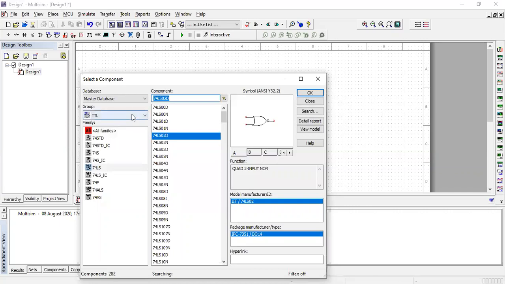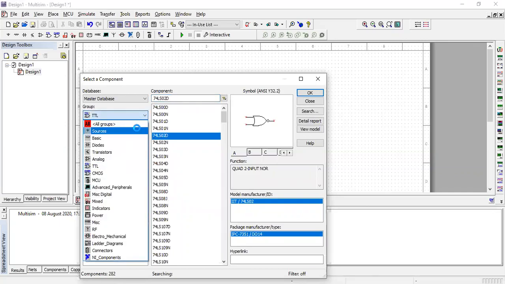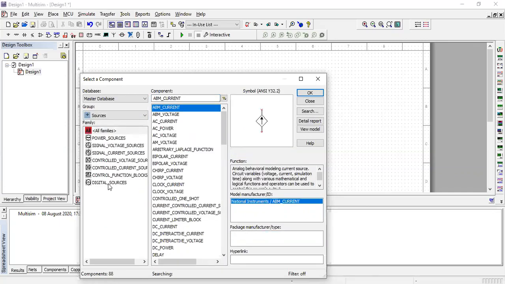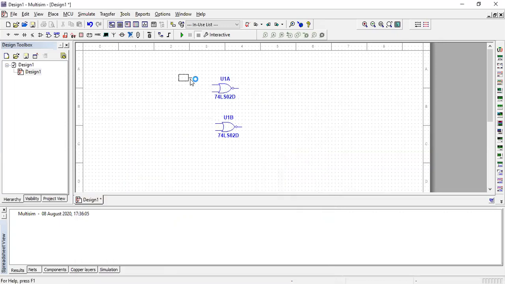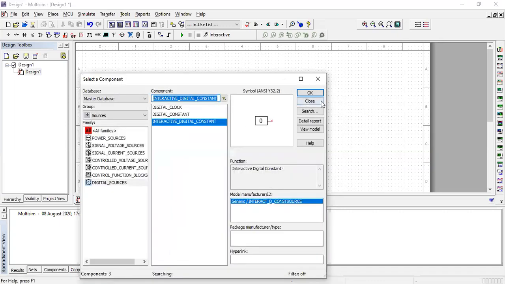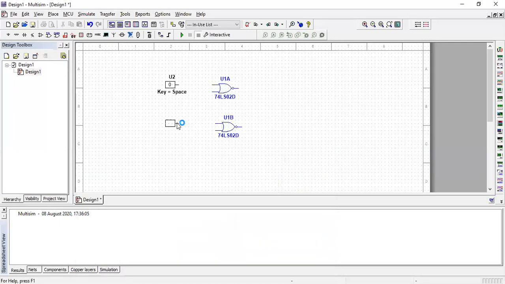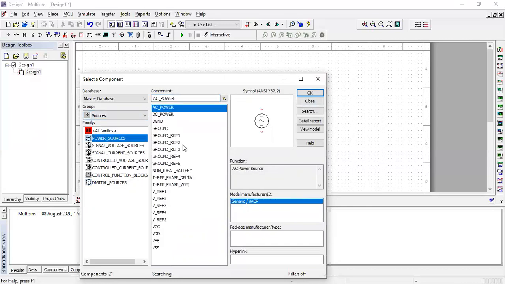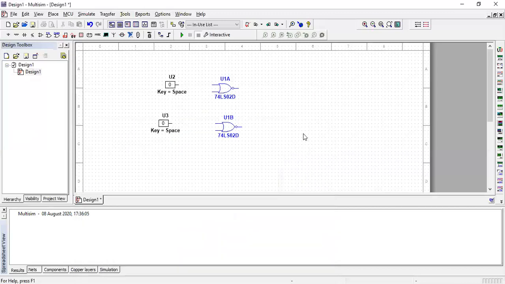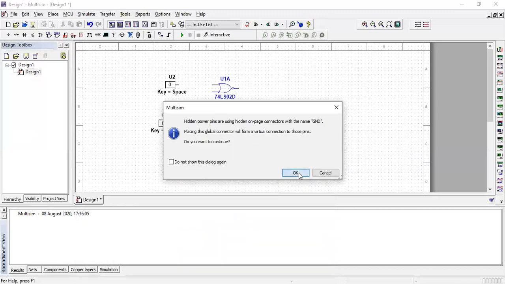and for input we are going to use a source. From the digital source we are going to use the interactive digital constant. So here are the two inputs, one is R and the second one is the S input. For the output side we are going to use digital ground. So we are using digital ground to check the output,